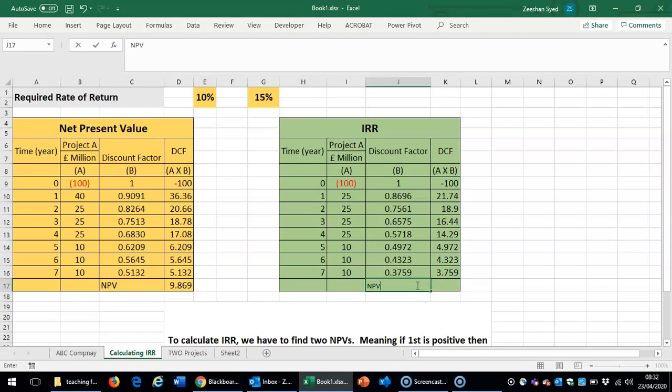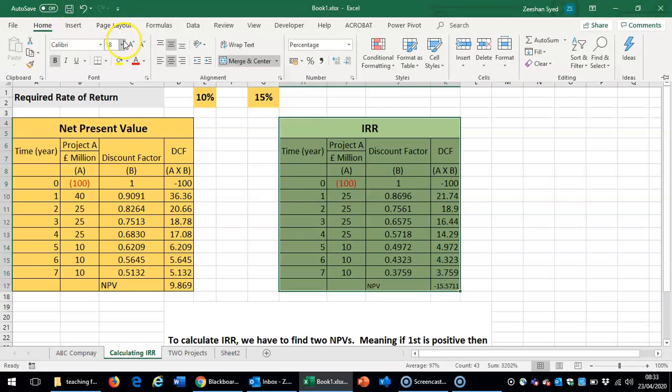So NPV is equal to the sum. Now this is 9.86 million positive, this is a negative figure, so let me make this